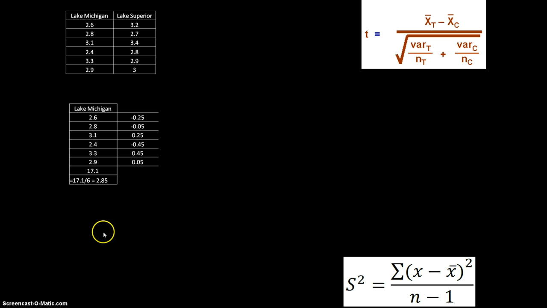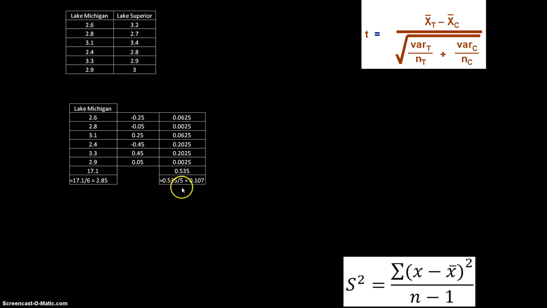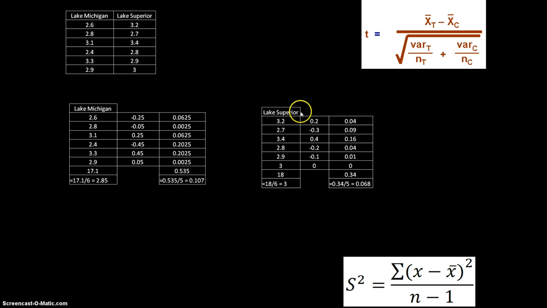Negative 0.25 squared is 0.0625. Notice the negative has vanished. We square all of those values, and it gives us this. We sum all of those, and it gives us that value there. So that gives us the top, and then remember we have to divide by n minus 1. So since we have 6, n minus 1 is 5, so 0.535 divided by 5 gives us a variance of 0.107. We would then need to do the same thing for the Lake Superior,